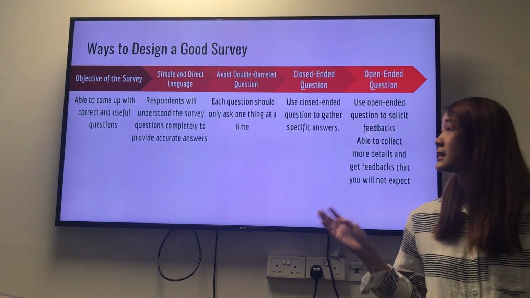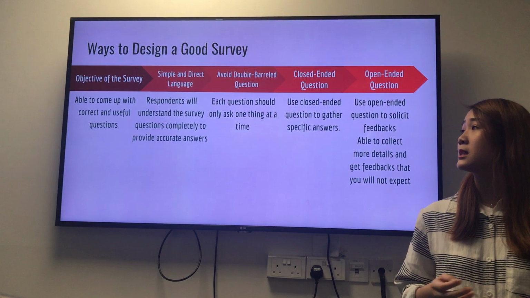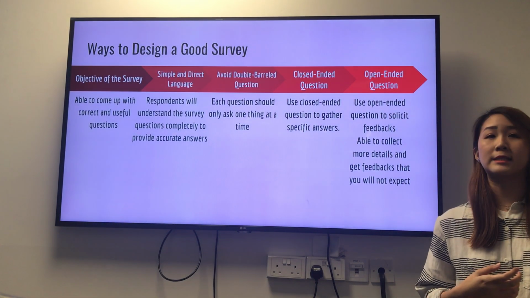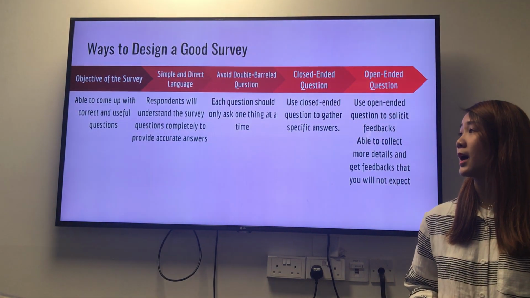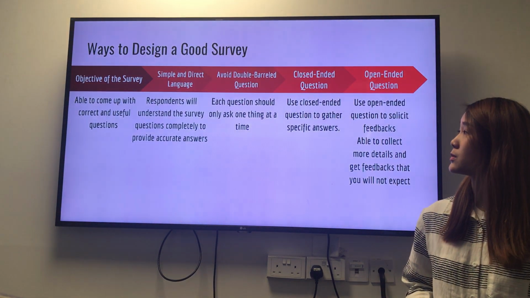Okay, so here are some ways to design a good survey. Firstly, it is important to know what is the objective of the survey so that we are able to come up with the correct and useful questions. And next will be